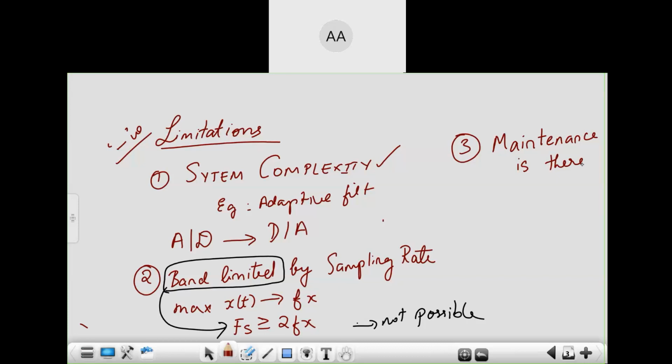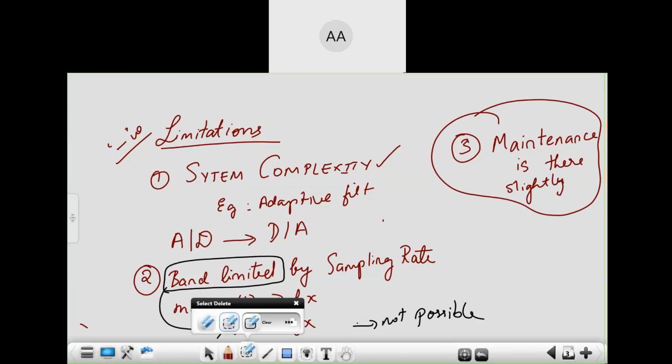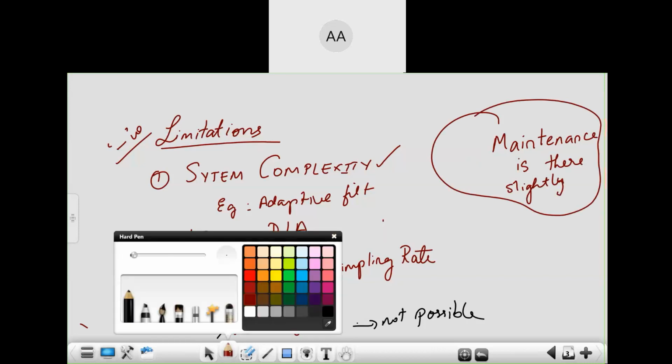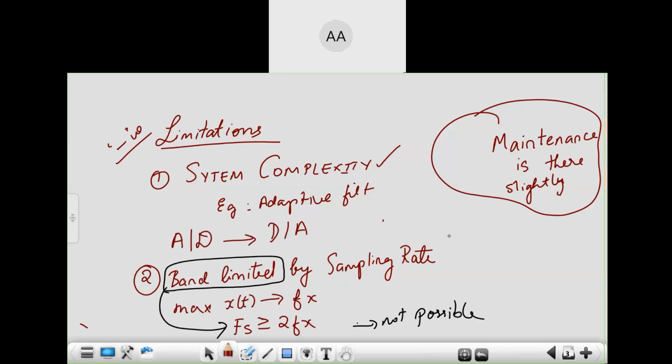See, I am asking you the disadvantages or limitations of the DSP. That was the general block diagram that I told you. I am speaking about the DSP processing, just the DSP processor block. Previous blocks outside, what happens there, you are not bothered. So maintenance is there slightly, but this is not a disadvantage, it is there, that's all. You don't claim it as a particular disadvantage. Okay, just maintenance is there slightly, that's it. All right. Okay, ma'am.